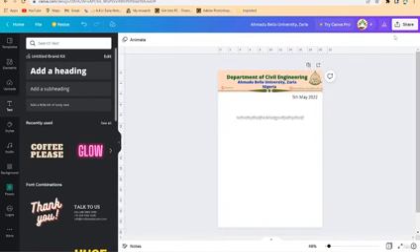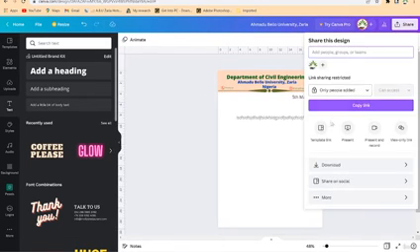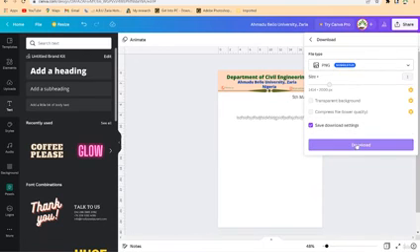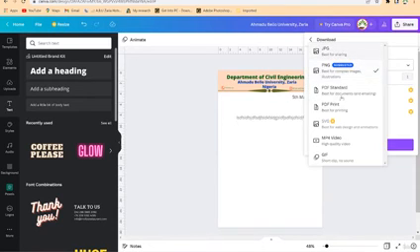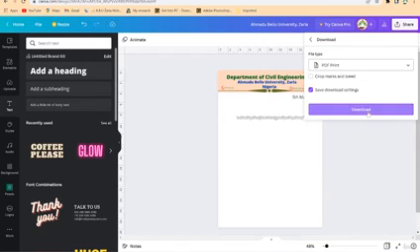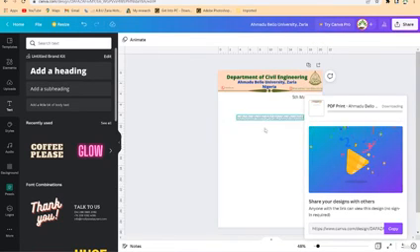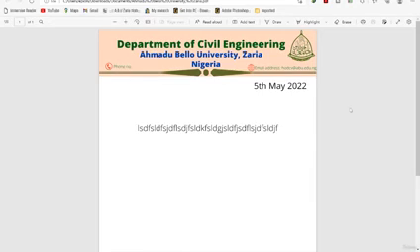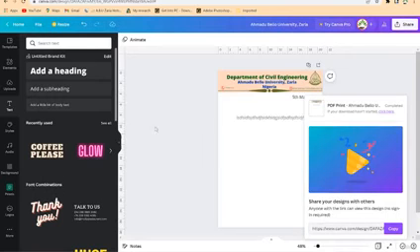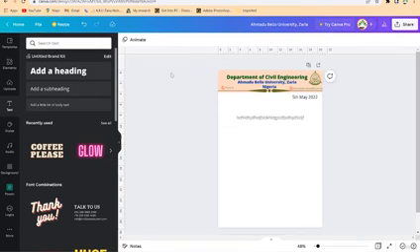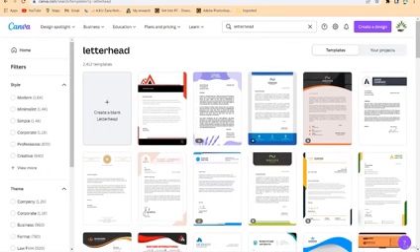So this is basically how to do it. Once you're done, you can just easily come over and download. You're free to play around with your creativity. You can say PDF and just download it over here. You can just download very easily. All right, so you can see it very nicely done. So this is about letterhead in Canva. Okay, how to design letterhead from templates and from afresh, using your own creativity. You can use your creativity to design for anything. So feel free to try it,